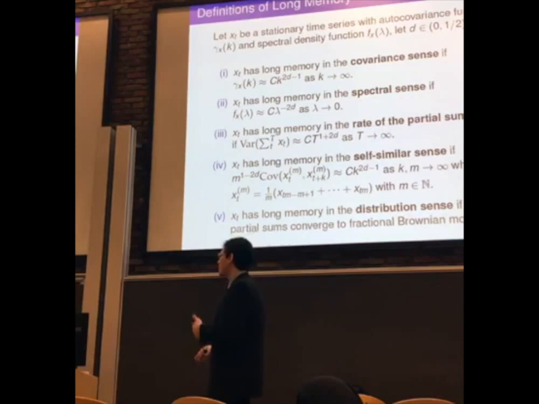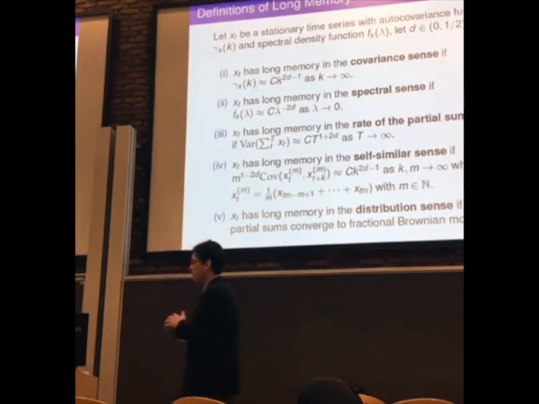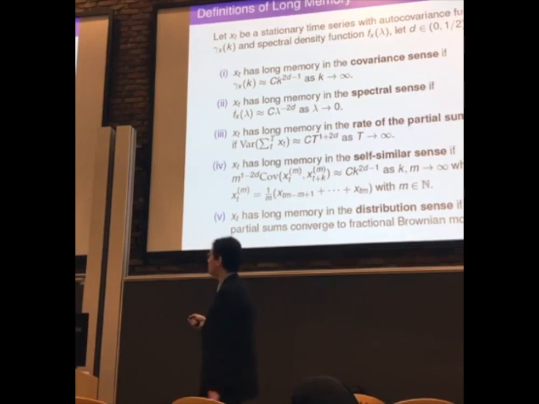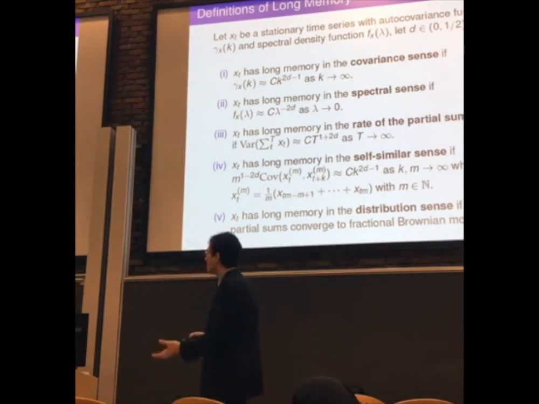And then some other people have looked at the rate of divergence of the variance of the sum. They have used this for breaks. So that mimics long memory behavior. That could be one way to look at long memory. In a similar sense, the idea here is to mimic what the fractional Brownian motion does. So it should have the main characteristics of the series, no matter if I see it daily, or weekly, or yearly, it should have the main characteristics.